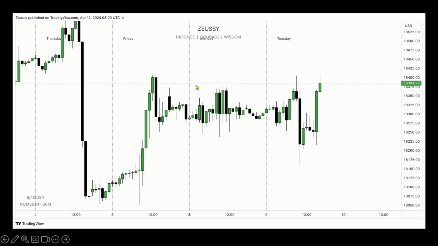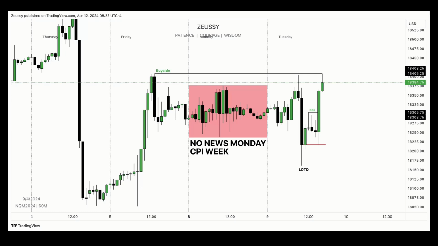What are some of the specific signatures that were present, you might be wondering? Well, take a look at how the New York session right here delivered relative to London. London high, London low. Notice that the London high got taken out during the morning session and the London low as well. Of course, a trade was possible from the high to low or from the low to high. However, besides that, no opportunities. If we then zoom in on the lower time frame, we can see